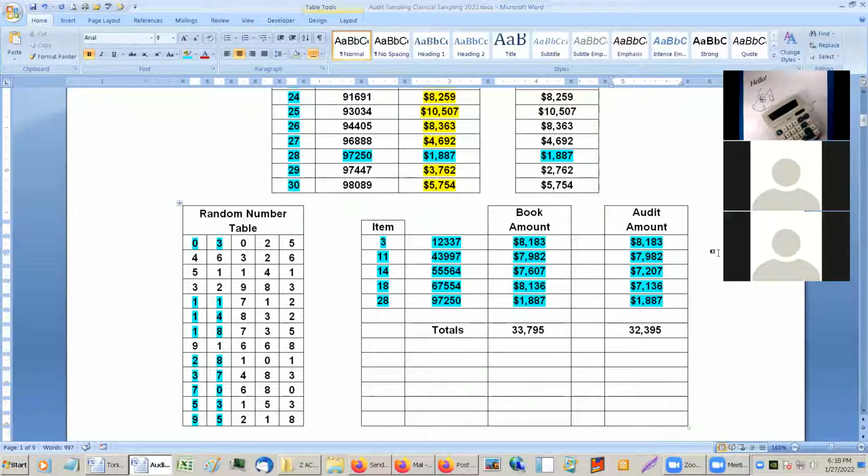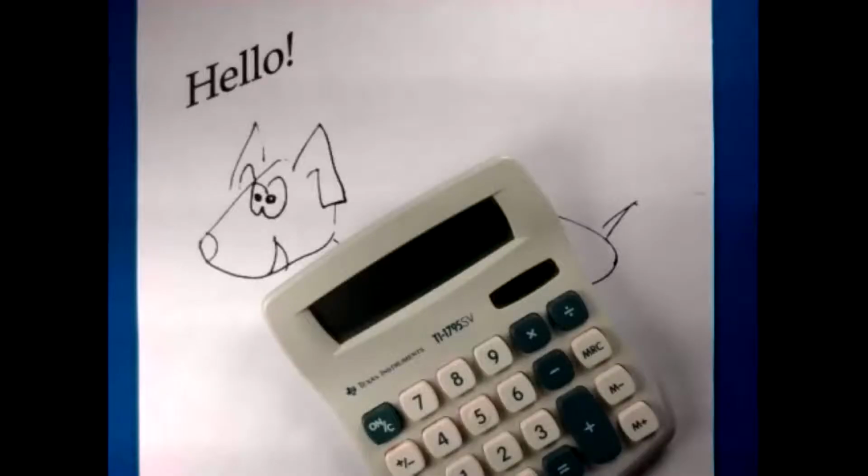Okay, I'm going to check and make sure I got these right. By the way, another funny thing about auditing is I was just showing what a calculator looked like in case you guys are wondering. One of the funny things about auditing too, though, is